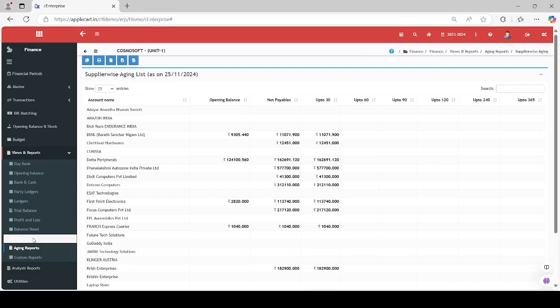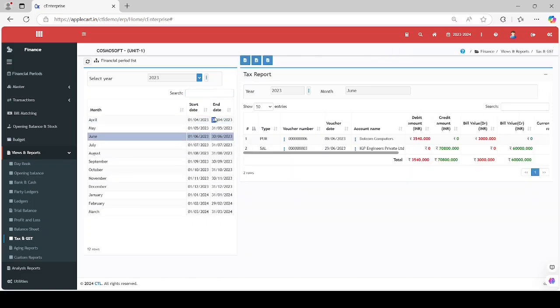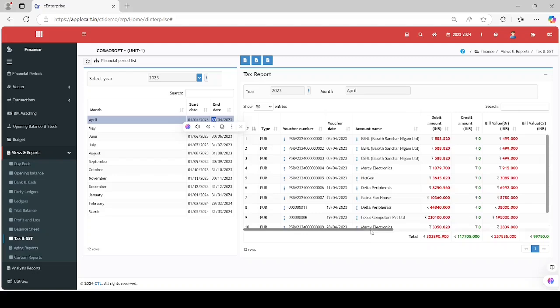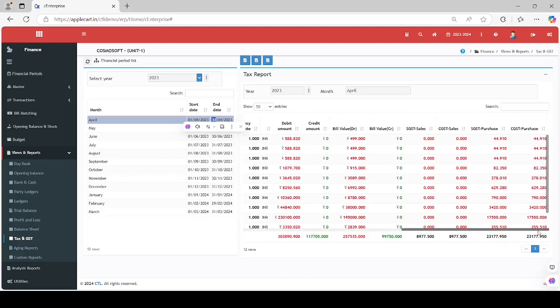Select the Tax and GST menu option to access the monthly tax details. This report offers a comprehensive overview of all purchases and sales along with their respective taxes, presented in a single view. It helps in identifying input tax and output tax on a party-wise basis. GST reports and statements are provided separately in a dedicated section,